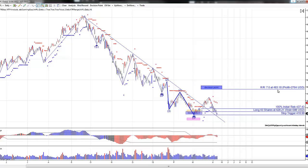You see that $493 level there. Okay, call it the $500 level. That's the high end, right in the middle of the target. That would be the target for that. But you see how it came up and then just kind of faltered. It's still above that trend line, but I